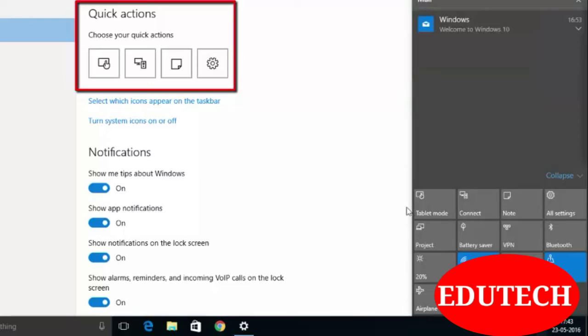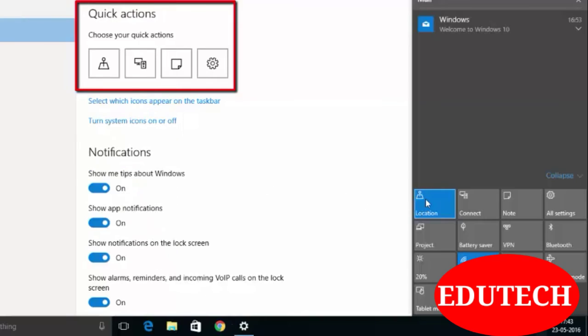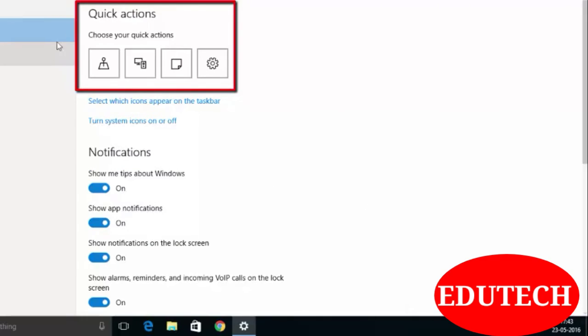If you want to customize these options or shortcuts, then you can do it here. So if you want to change your tablet mode icon to something else like location, then just select location from this option and in the action center you will find location here. So these are the shortcut icons for the action center.